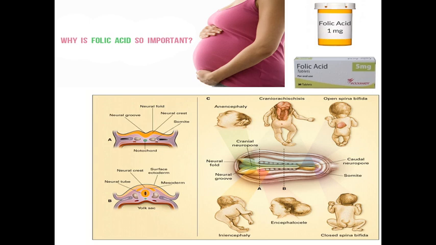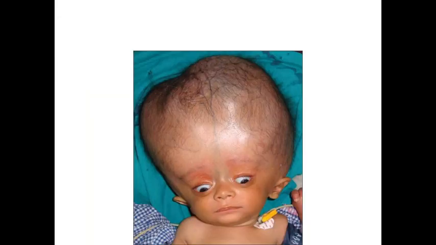So when should you start this folic acid? Ideally, you have to start this folic acid at least 3 months before you plan your pregnancy. Then only this folic acid will be very effective in preventing these neural tube defects. Now we are going to look at this condition. So you can see the head is enlarged, and you can see the dilated veins on the scalp. So the condition is called